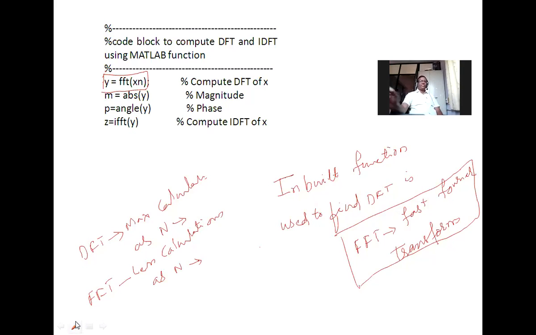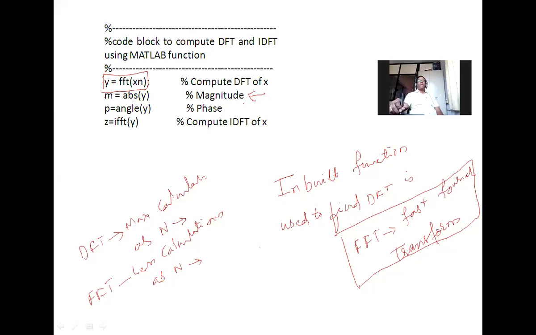of the sequence. Then next point, as we know that we have seen one or two examples related to how to find a DFT and how to find its phase and magnitude. So यहाँ पे अभी here we are just using m equals to absolute value of y. मतलब whatever the DFT we are calculating, its magnitude.